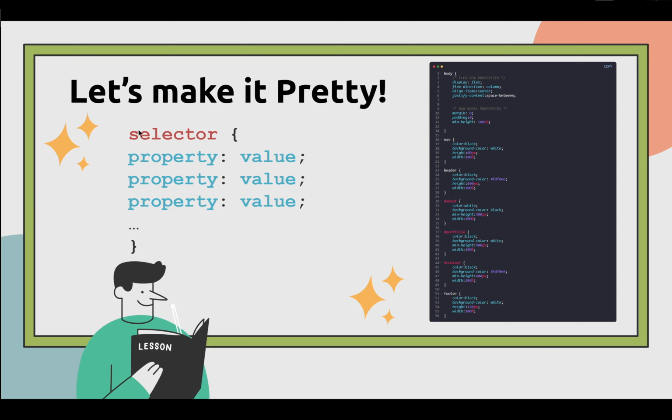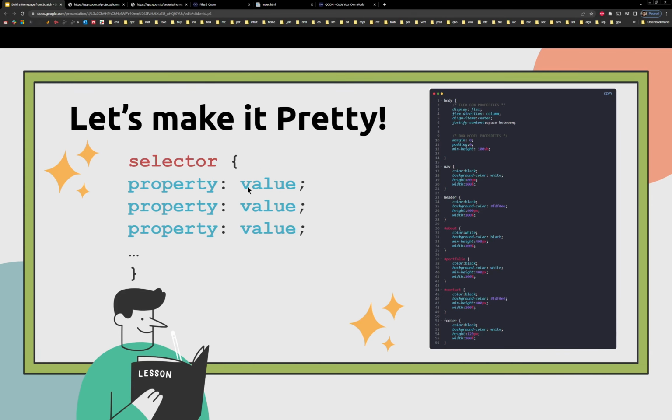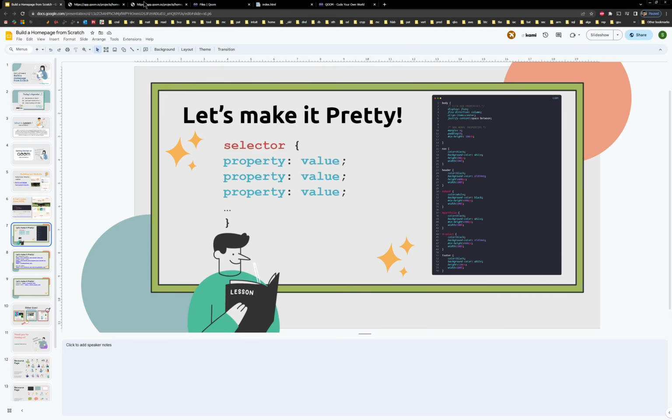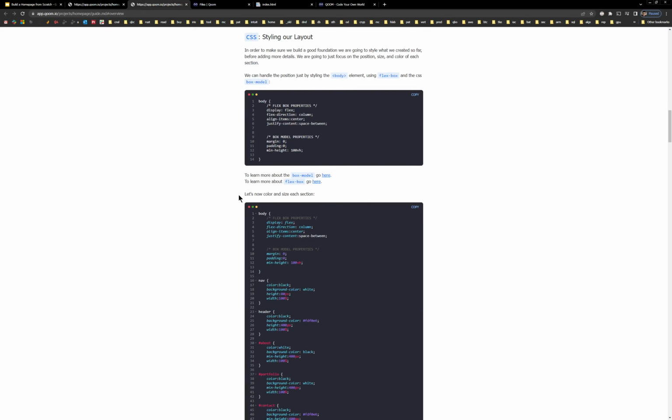Everything starts with a selector, which is our tag name, ID, or class, which I haven't talked about, but you'll see in the future as you keep doing more HTML and CSS. We have some curly brackets to encase this, and then we have the properties of the element we're selecting, plus how much we want to change it by. So I'm going to copy over that code for the CSS